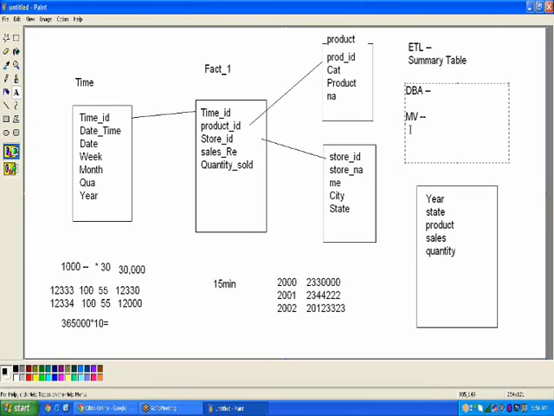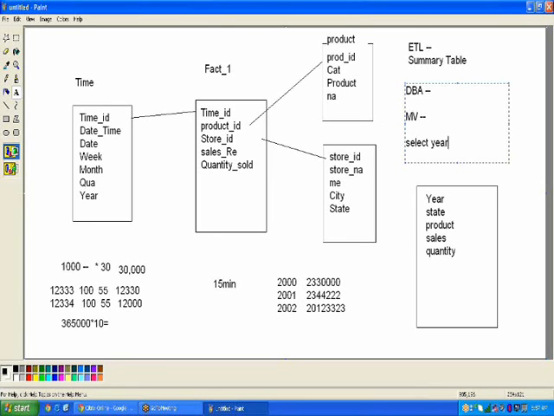Okay, so for the DBA people, we need to give the query to the developer, the query to the DBA guys. So what type of query are we expecting from the base table? If you give it, they will create a materialized view based on this table. So basically, this is how they will create the query: select